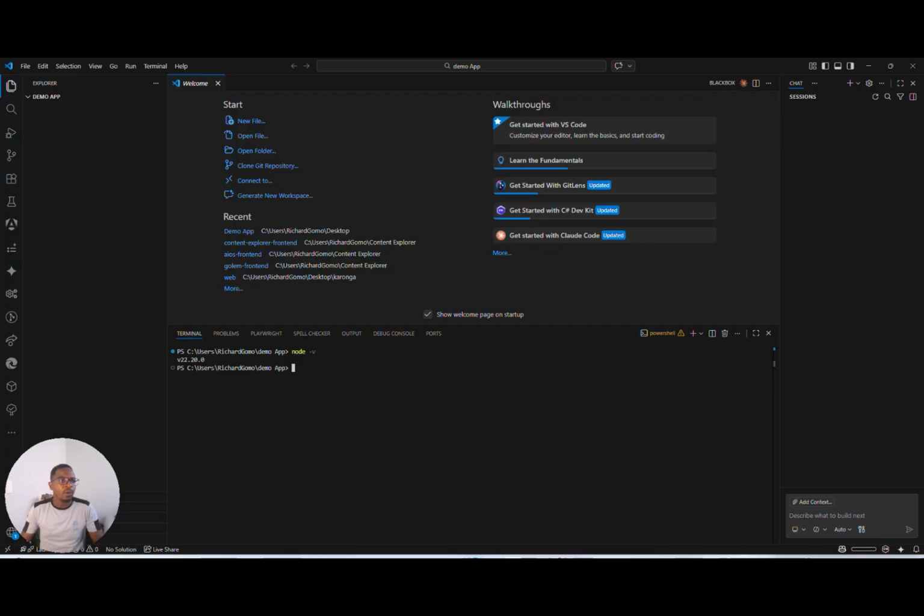Now, one might wonder, why do we need Node.js in Angular? Well, Angular runs in the browser, but the development itself happens outside the browser. That's where Node.js comes in. It is a JavaScript runtime built on Chrome's V8 JavaScript engine that allows JavaScript to run outside the